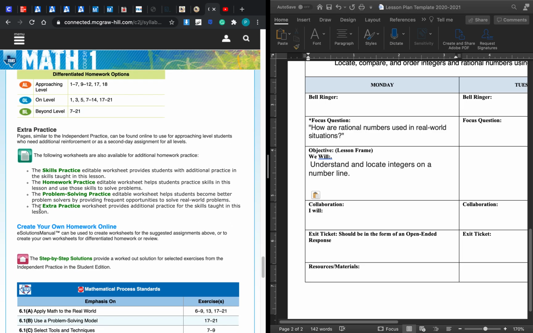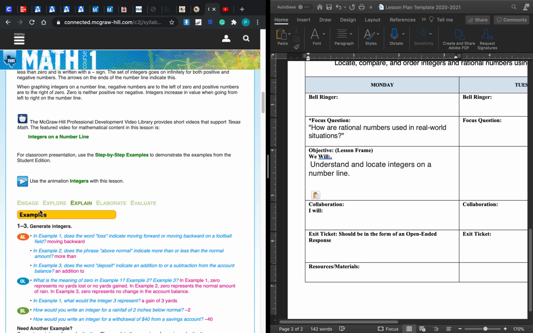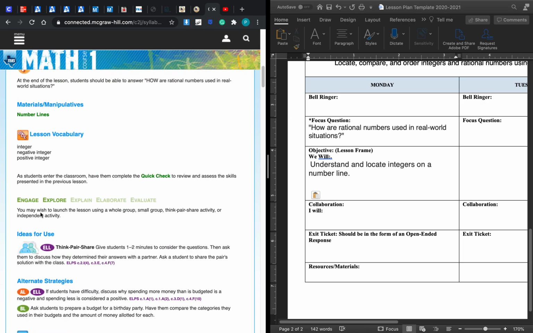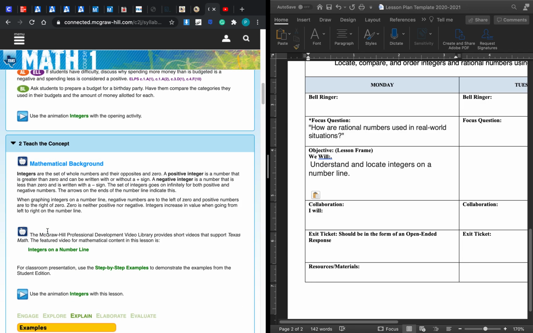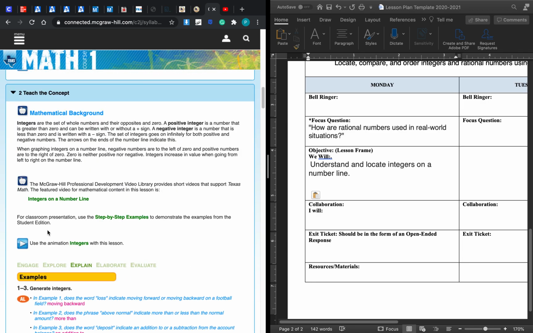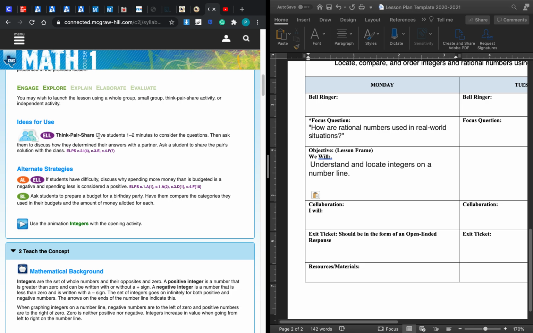Practice and apply. So let's say I want to focus on this part, the think, pair, share. Because we still want to have students collaborating, so we'll go ahead and do that. So I will collaborate with a classmate, and we'll use language that's fairly simple for the kids, with a classmate